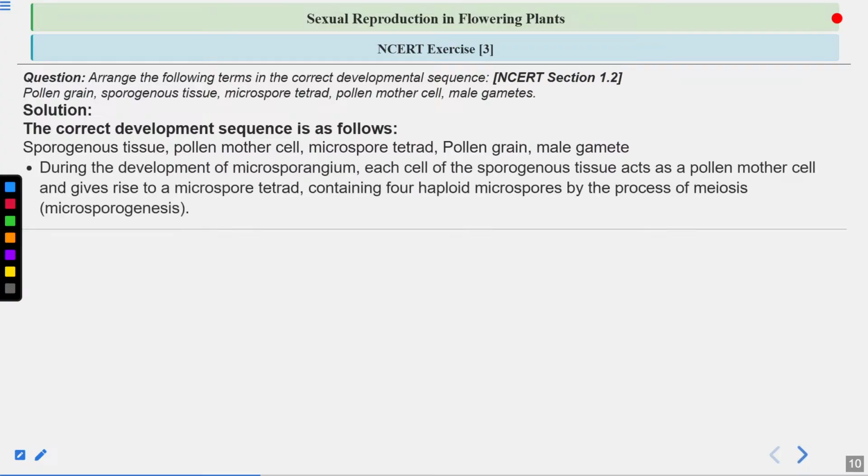So, during the development of the microsporangium, each cell of the sporogenous tissue acts as a pollen mother cell. Very important line. Each cell of the sporogenous tissue acts as a pollen mother cell, right? But what about the nucellus? In the case of the nucellus, only one cell becomes differentiated as a